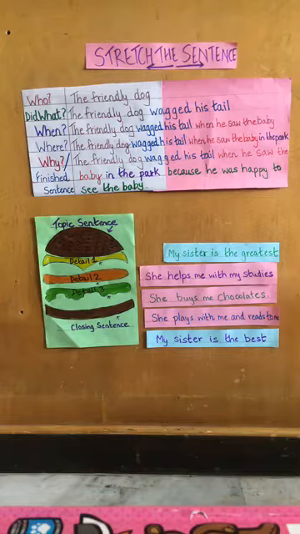Now ask the next one, what do you think the friendly dog did? So the friendly dog wagged his tail. Again, the next one. Like that. The children have a lot of fun, and it can be a game you can even play in birthday parties. It's actually a lot of fun.